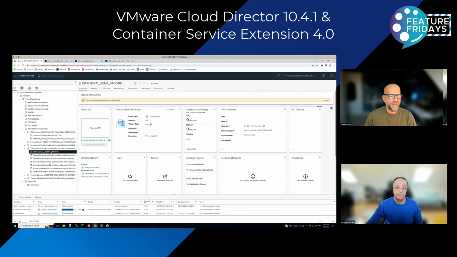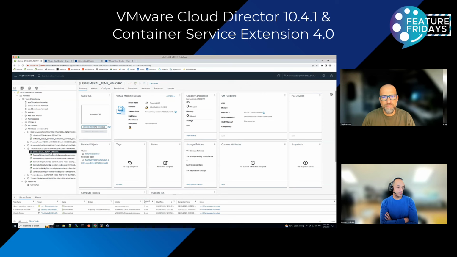And just thinking out loud, if a service provider is provisioning a number of different customers at the same time, would you see multiple ephemeral VMs being launched? Yes, very good point. There were some discussions. In large providers, of course, this is a lab environment, so this is nothing.